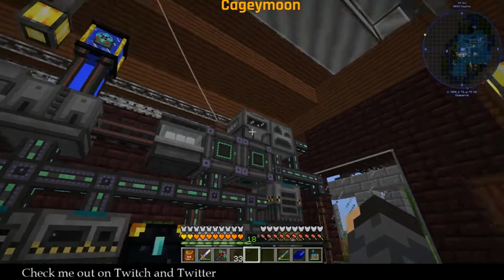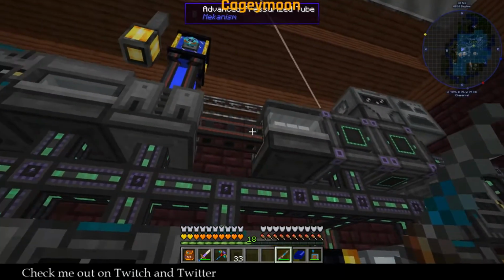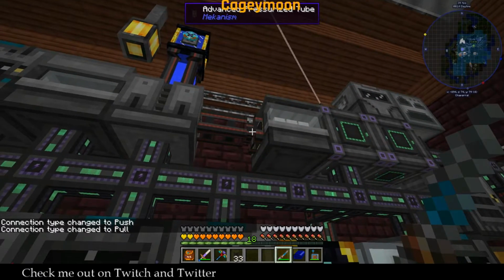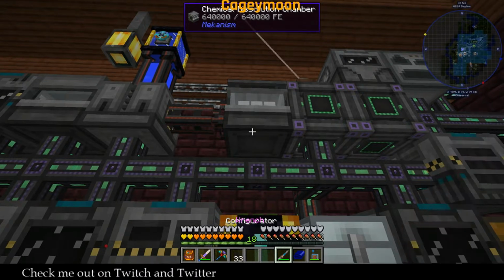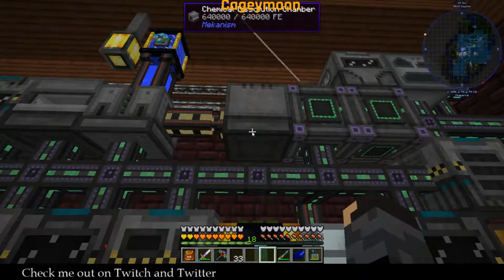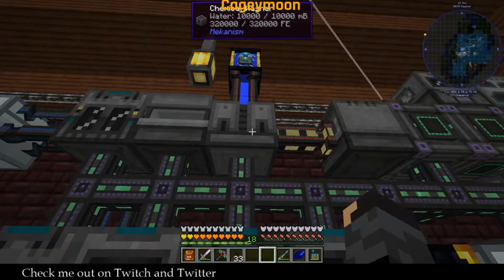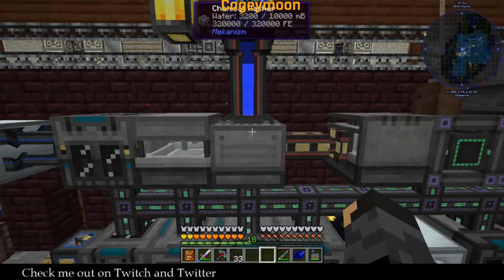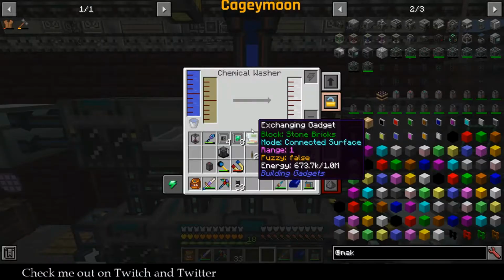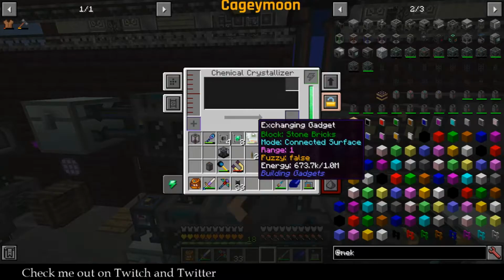Let's try this again. And I moved it over so we could get a line in here. Still not pulling. Let's try moving it again. There it is. Perfect. Into here. There we go. There we go. And one more time. Actually, this has a